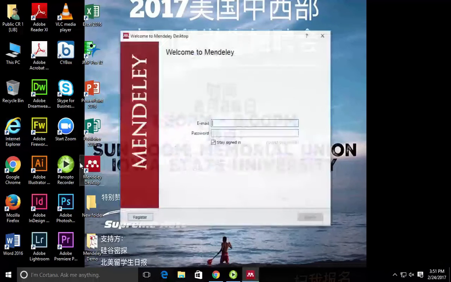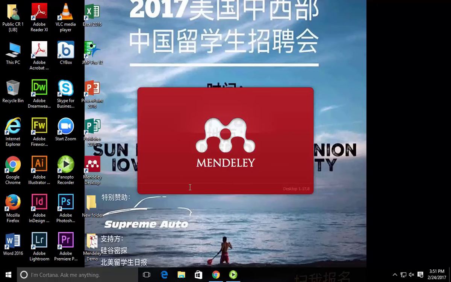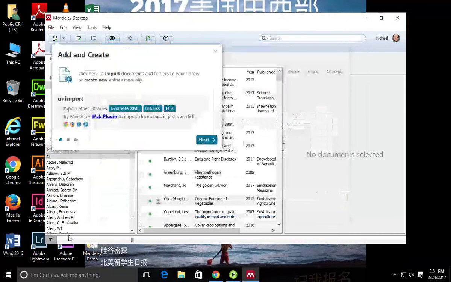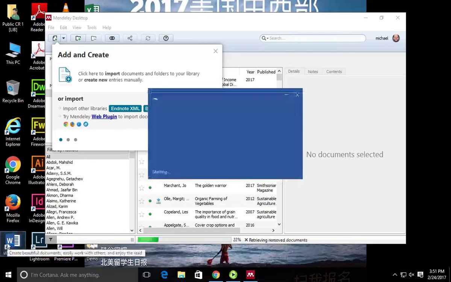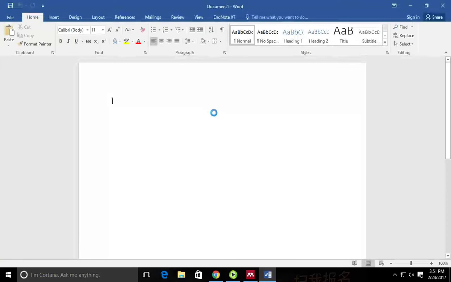First, I'm going to log Chris out. So I'm in Microsoft Word, and let's say I'm starting to write my paper, right? My favorite sentence is, this is an important sentence, right? And then I want to cite that with one of the articles that I have in my Mendeley account. So this is really easy. So check this out. Up here, it says References. So I'm going to go to the References tab,